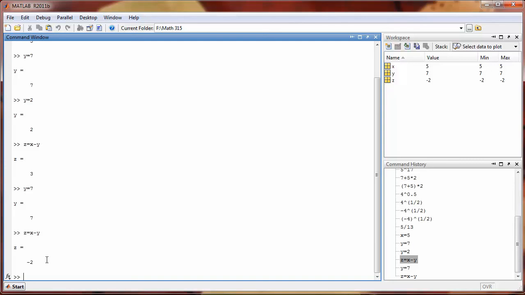Alright, so often when we enter the value of a variable, we don't actually need to see the output over here in the command window, especially when we have the value saved over here in the workspace. So if we want to suppress this output in the command window, we end a command by placing a semicolon after it. So for example,